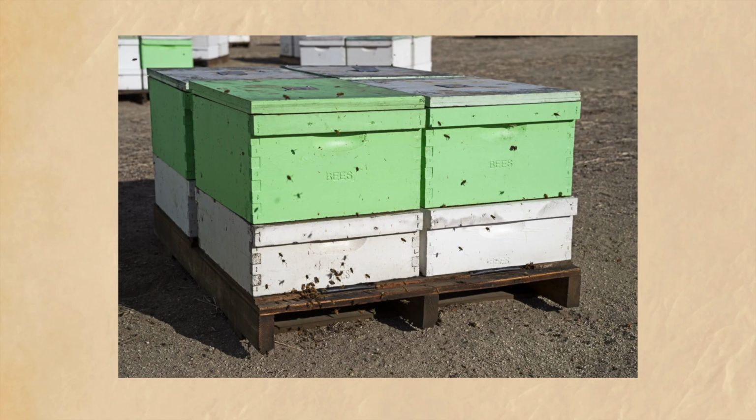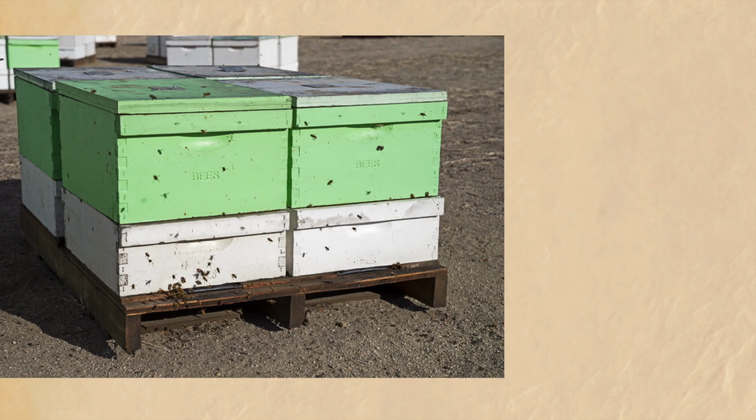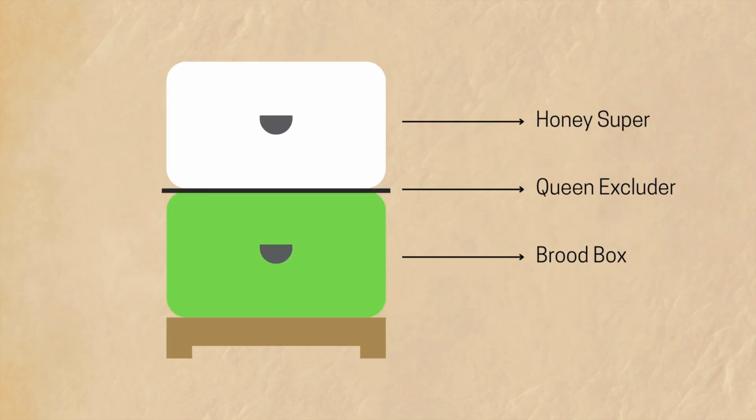During the flow season, honeybees begin producing an insane amount of honey to store for winter. During this season, beekeepers will add an additional box called a honey super, as well as a barrier called a queen excluder. This allows beekeepers to remove honey from the colony without disrupting things like brood or eggs laid by